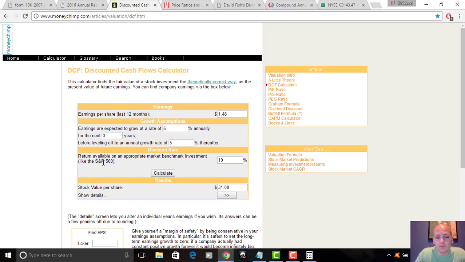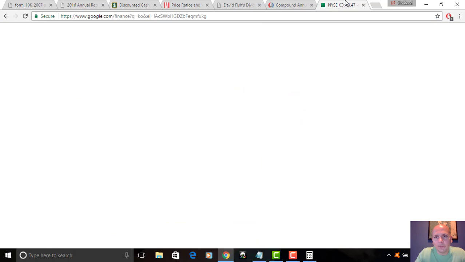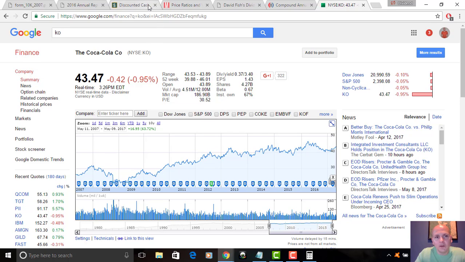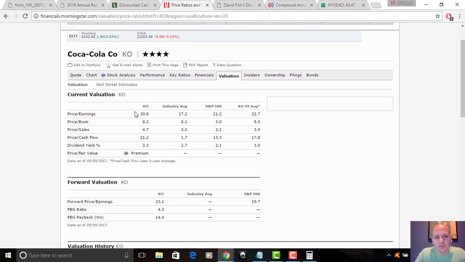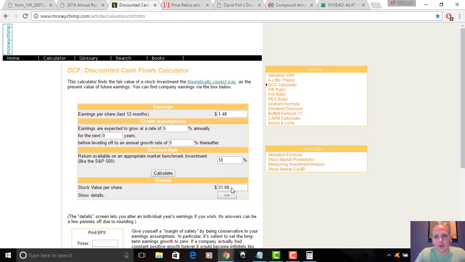And then you calculate it out. If we use 5% going forward, that gives you a fair value of 31.08. And obviously, compared to the current stock price of 43, Coke does not look appealing right now on valuation. And that jibes with these numbers here being way over their recent historical average and way over the broader market. If you're looking for a 10% rate of return, you're not going to get it at Coke at 43 bucks. I don't see it happening. And I think I'm arguably being pretty aggressive here.